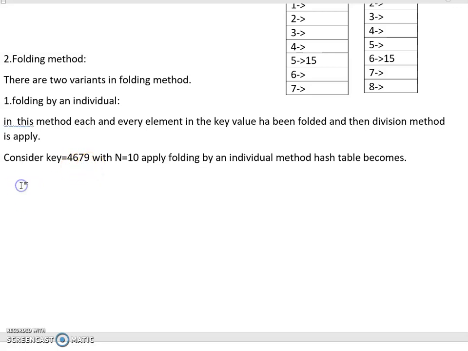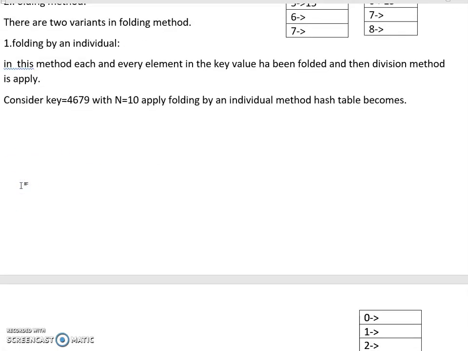Okay, let's see how it works. Solution for this: given key equal to 4679, and n equal to 10.